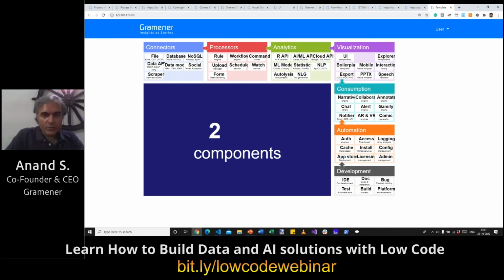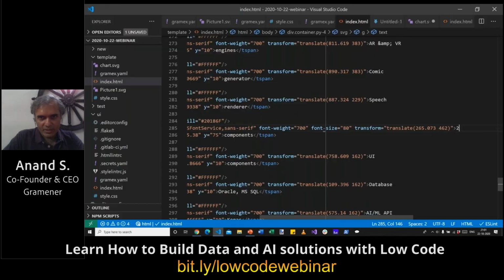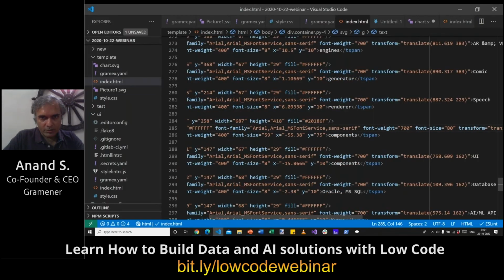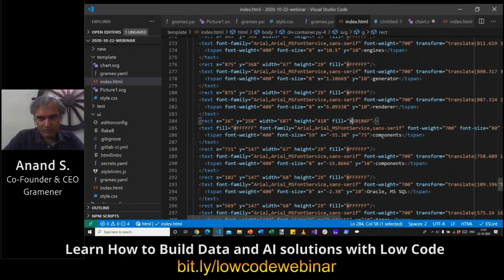Well, here's where, when we are creating something like a custom chart, you have the flexibility to go into code and not just use Gramex as a no-code framework where it's only configuration, but rather use it as a low-code framework where you have the flexibility to introduce code as well. And I'm going to show you one simple way in which you can change the color of the background and the text as data streams in. So here the color is determined by, I'm guessing, this. So if I make this red, yeah, that changes to red.